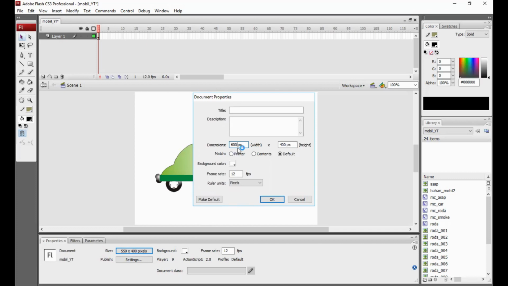Because for this dimension for back city we have a width of 2400 pixels.